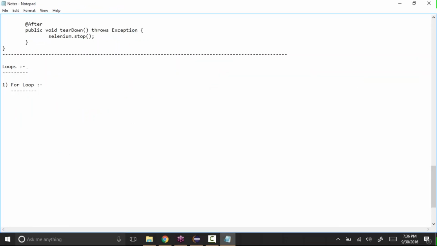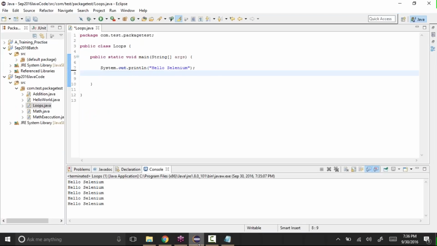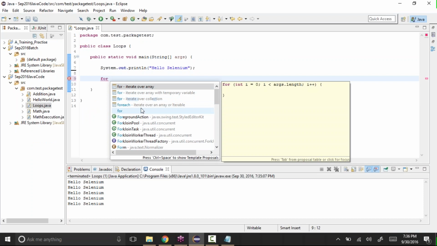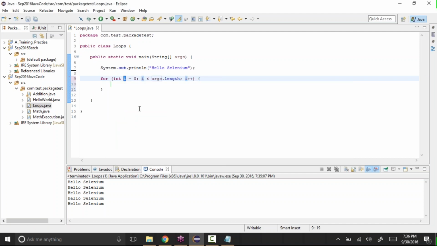How we write the for loop in Java is, press F4 and press control space. It will give you different options. Iterate over an array, so just select the first one. It will give you the syntax: for int i equal to 0, i less than args.length, i plus plus.